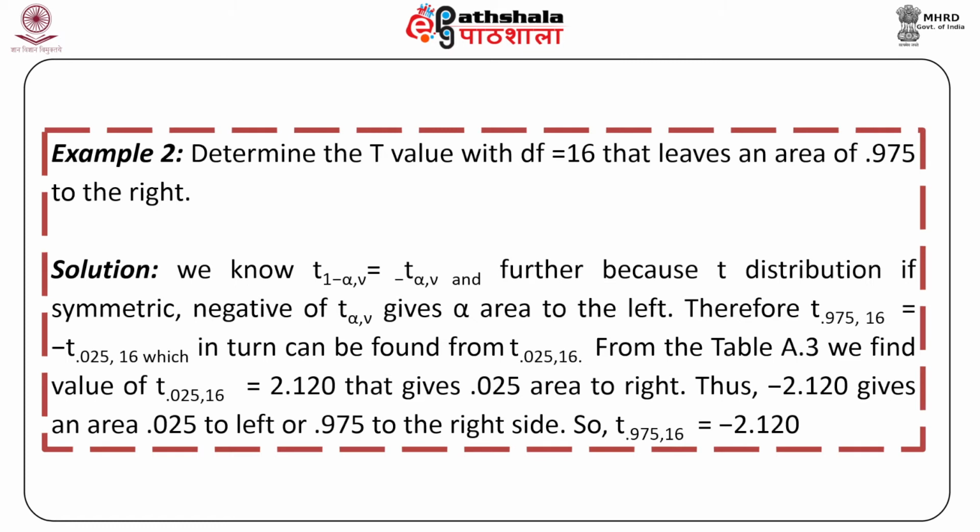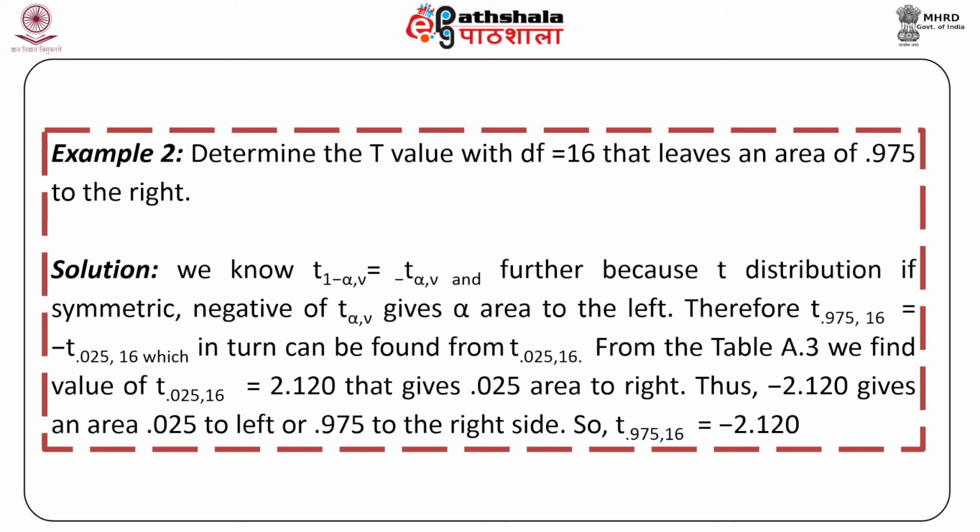Further, we also know that the t distribution is symmetric, therefore it doesn't matter whether we have the negative of t nu or the positive of t nu. The negative of t alpha nu gives alpha area to the left. Therefore, t 0.975, 16 degrees of freedom is equal to minus t 0.025, 16,